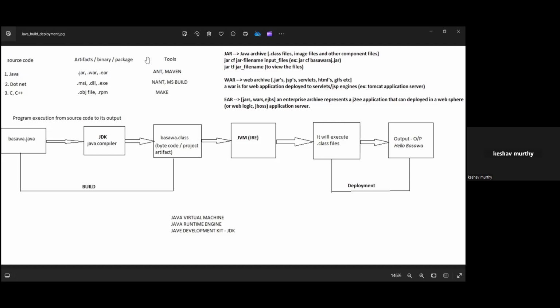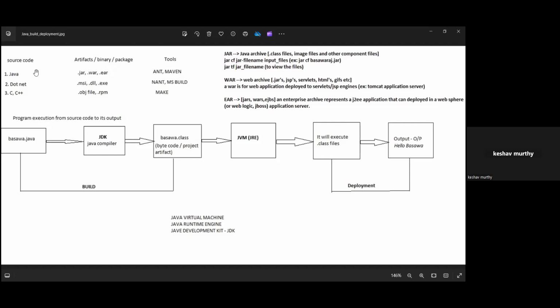Okay, remember. Like for SCM, source code management, we have tools called SVN and Git. In the same way, to manage the build automation of a Java project, we have tools called Ant and Maven. Okay, clear? So now once you know this process, the entire process, how this build happens, what tools we are going to use, how to convert.